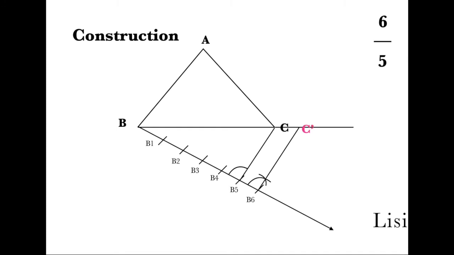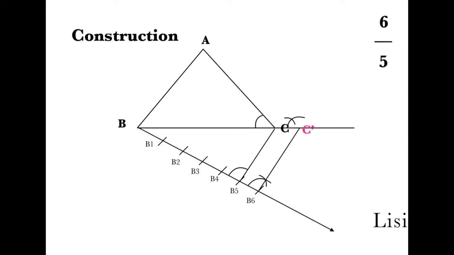Now keep your compass at C, cut an arc with a random measurement, and now place it at C dash, cut an arc with the same measurement. Now you measure this angle C, place your compass here, cut an arc. Now join this point and C dash and extend it. It will meet AB at A dash. Clear? So only one more sum, the last one, sum number 13.